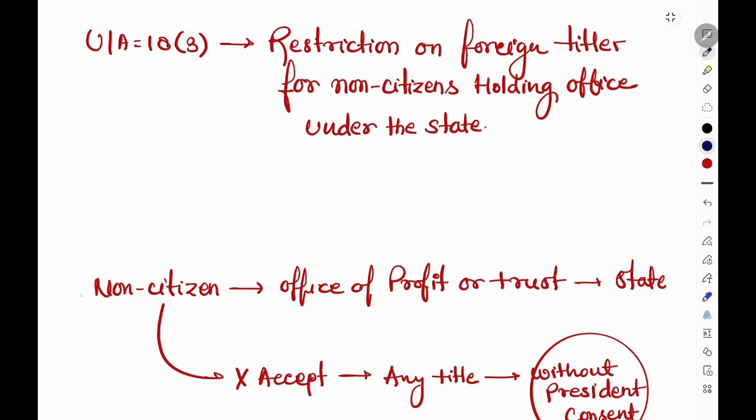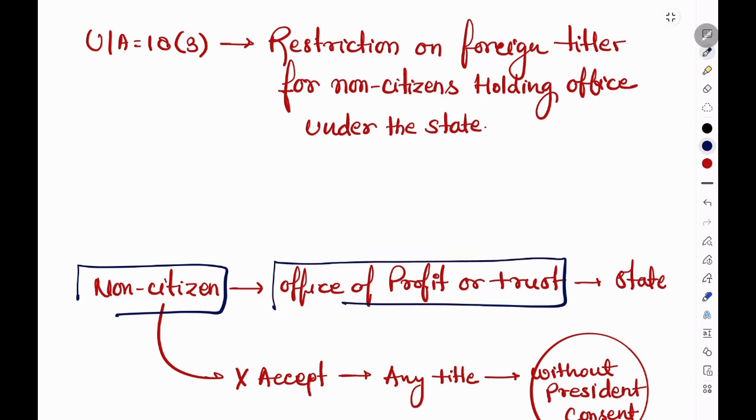So it applies to whom? To foreigners. It applies to non-citizen employees and non-citizen officials, and it does not apply to Indian citizens. It basically says that no person who is not a citizen of India, while they hold an office of profit or trust, that is, the restriction operates only during tenure and applies throughout the period of service. Because basically it continues as long as the office is being held.